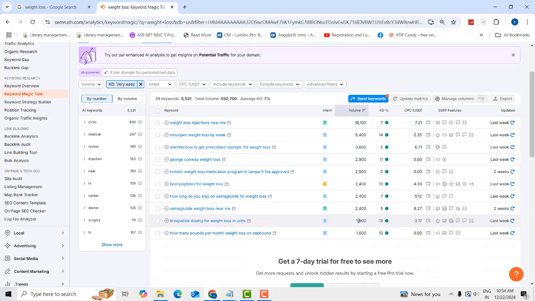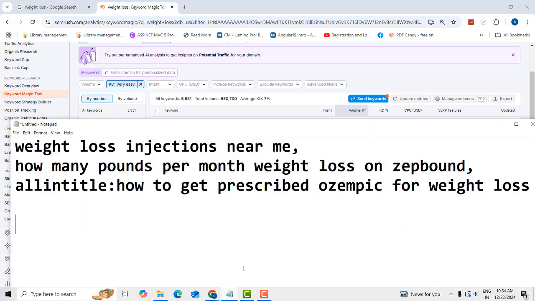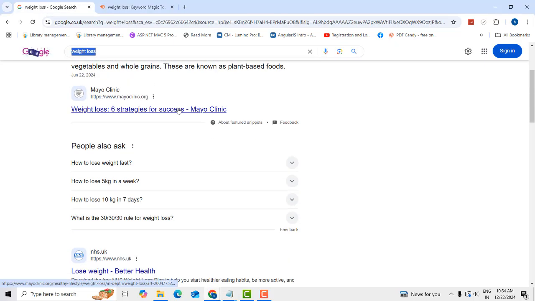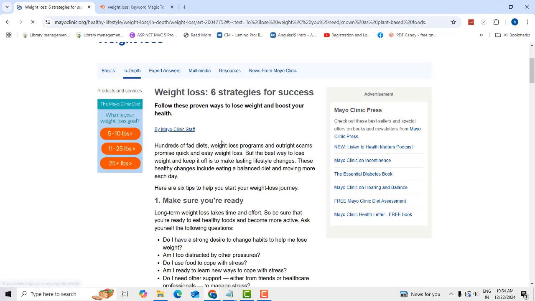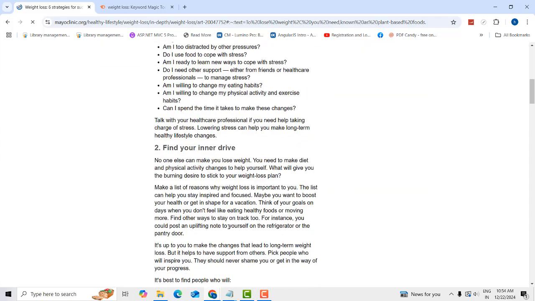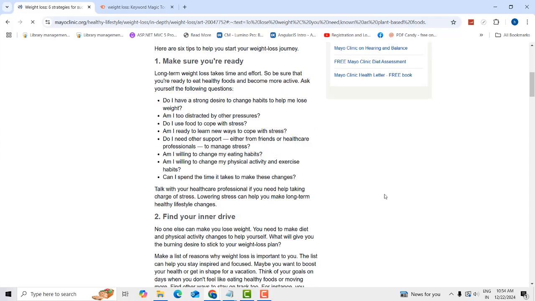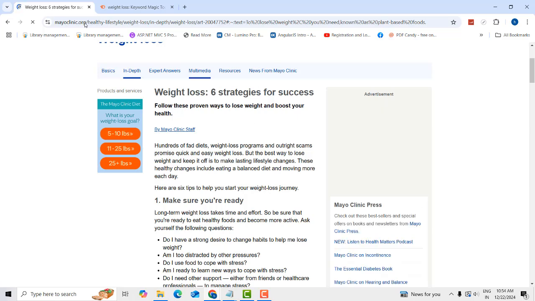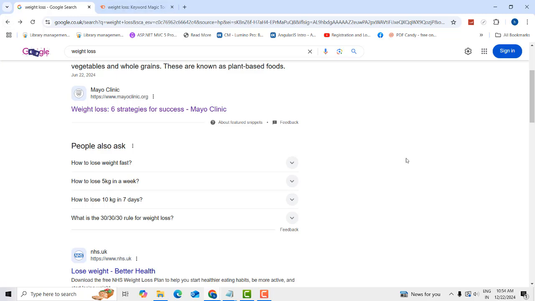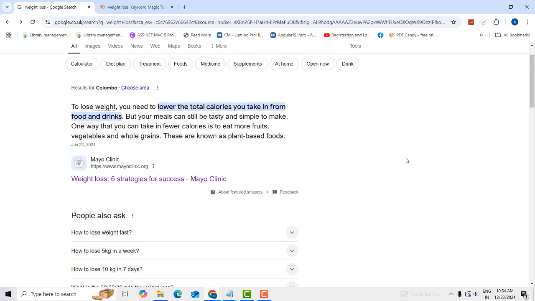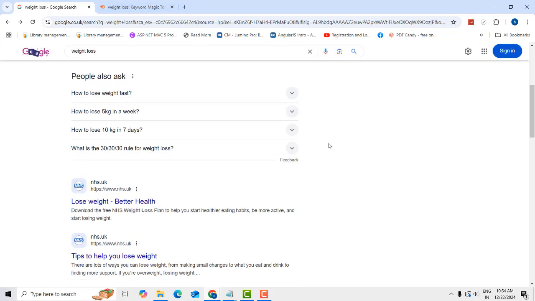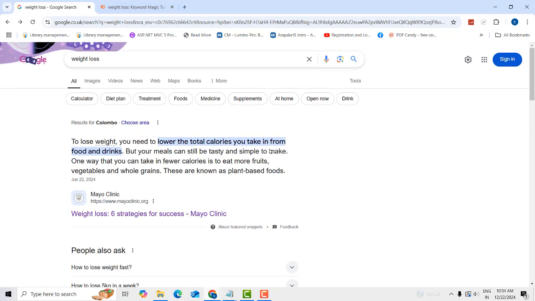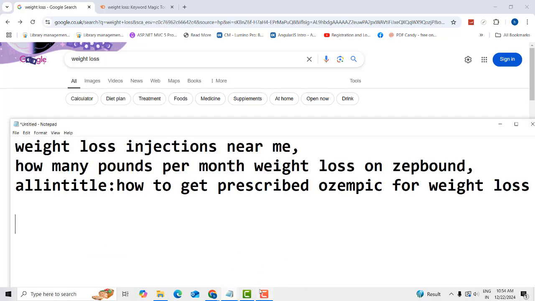These are the things you have to put into your articles. This kind of article you have to write, putting in this keyword. When you write the articles, you have to use the H1 tag. The H1 tag is a must. When you rank your website, you must include the keyword as the